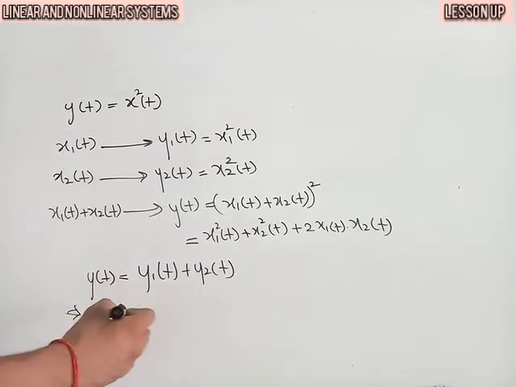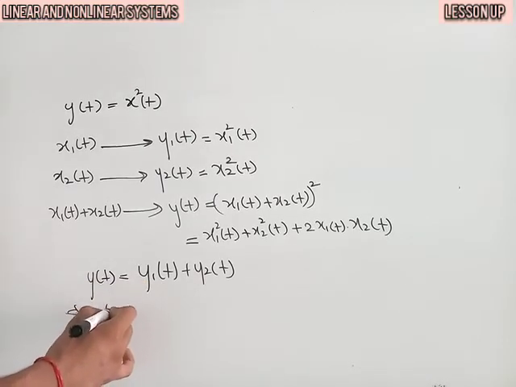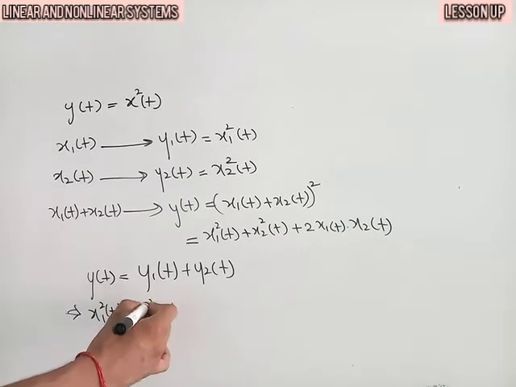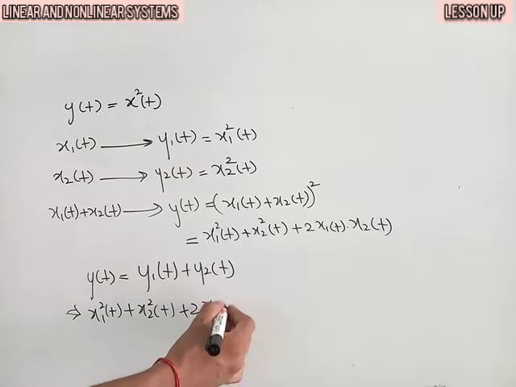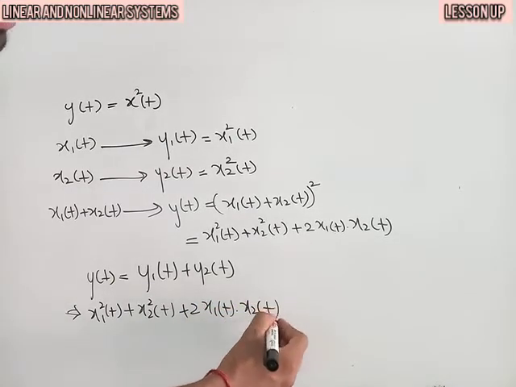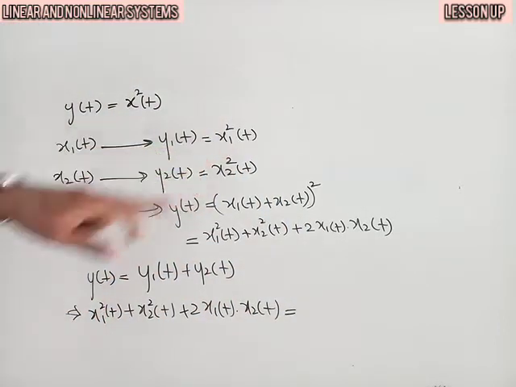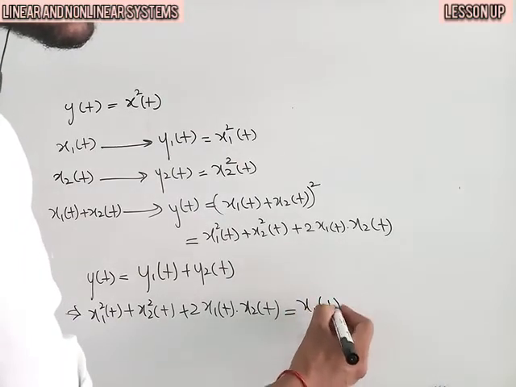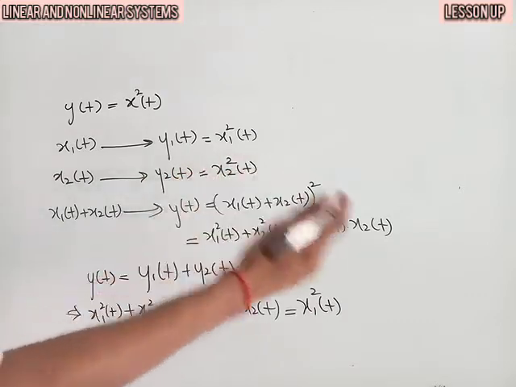So, y of t is x1 of t square plus x2 of t square plus 2 x1 of t into x2 of t, which should be equal to y1 of t, which is x1 of t square,